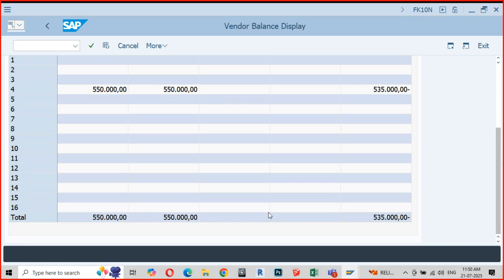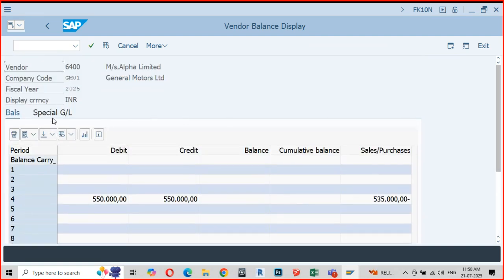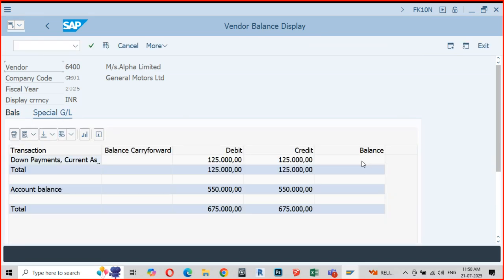Clear? Go to the special GL. It has got cleared. Can you see how this particular system is behaving? Did you understand the process?